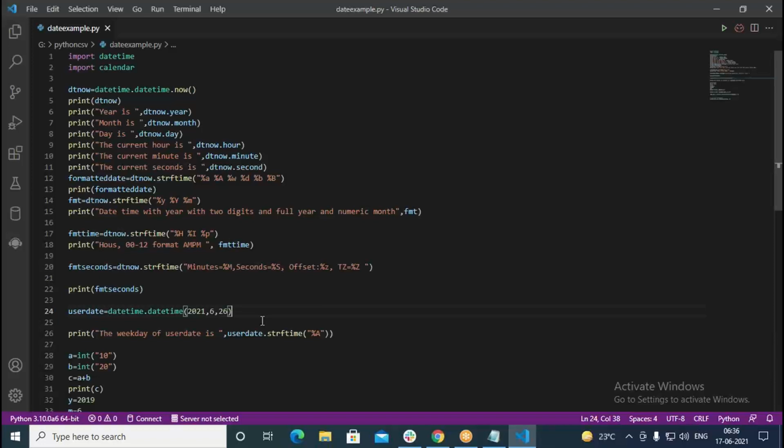Now, what we do, we create a date object from the string. A string is available in whatever fashion you want, and a date can be created from it. For that, we use a new function called strptime. We use a function called strptime. Using that, we can create our own date. Okay, so here we create our own date using datetime. We pass year, we pass month, then we pass day.